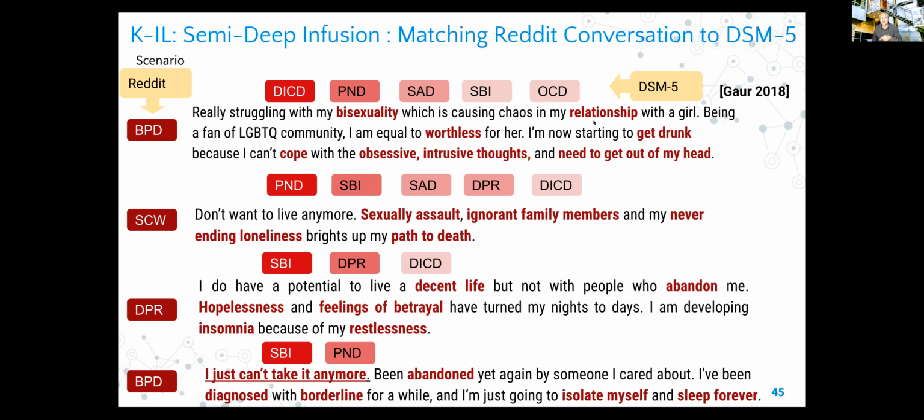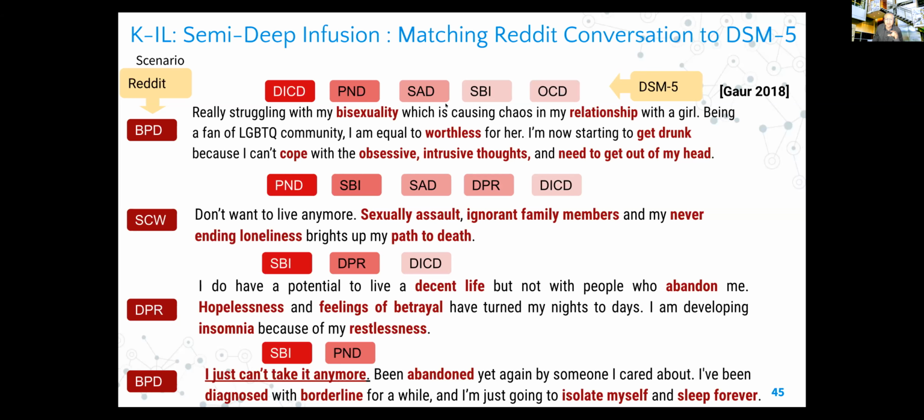These are the concepts on the top here. You see SBI and SAD. So these are various conditions related to mental health, and you can see various texts here, but understanding this text and really making relevant inferences from it for clinical decision making is extremely hard.